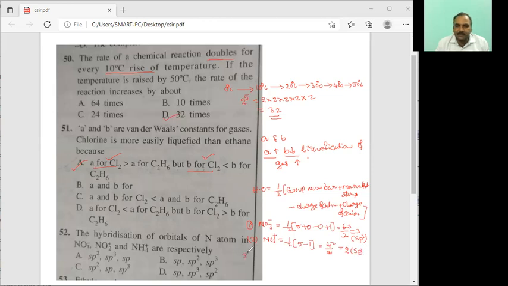And the third one, NH4 plus: 1 by 2. Nitrogen is the fifth group. Hydrogen 4 monovalent atoms, minus 1 cation charge. 5 plus 4 is 9, 9 minus 1 is 8. 8 by 2 equals 4. That is sp3 hybridization. The first one is sp2, second one is sp, and the third one is sp3. So the third option is